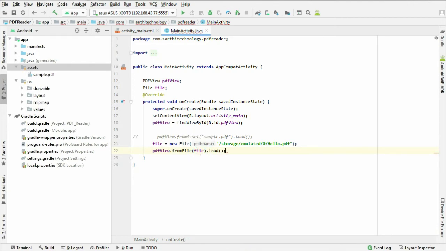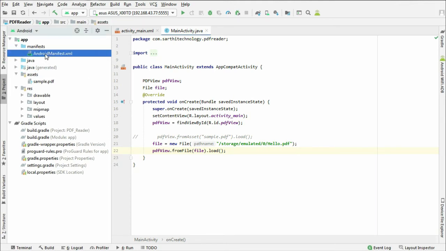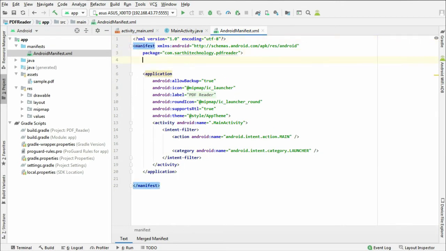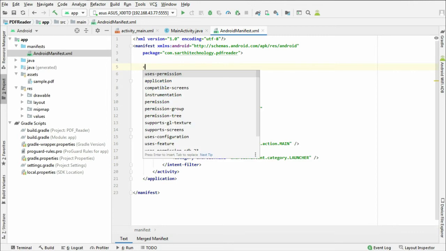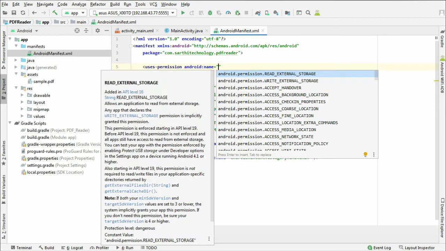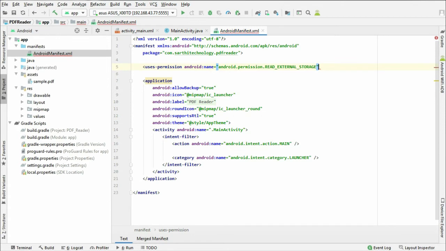dot load. Okay, so as you know, if we are accessing internal storage, we need to add permission in the manifest file. So here uses permission read external storage. Okay, and run this.